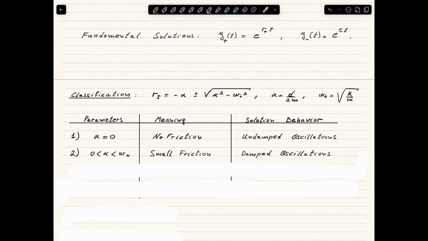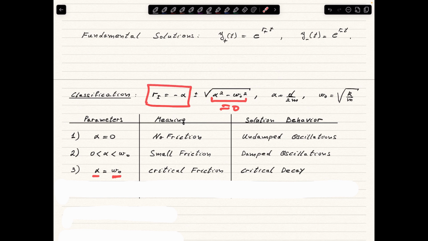Then we are going to have a critical case, which is when the friction coefficient given by alpha is actually equal to the frequency. So what we have here inside the square root is 0, and we have a double root given by negative alpha. That is going to be called critical friction, and we are going to see that the solutions decay for large values of t, and this is called critical decay. This situation is not very interesting in physical applications, because usually what happens in physical applications are damped oscillations, so